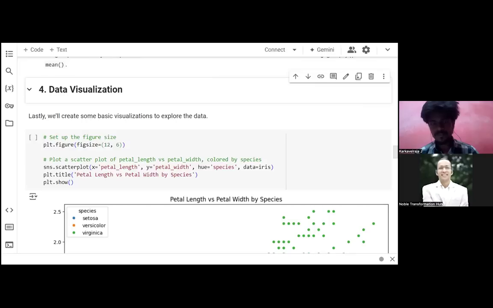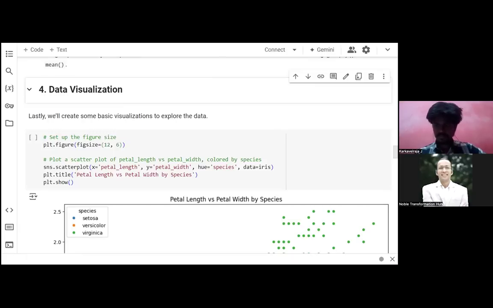Figure size equal to 12 and 6, we have given this particular function, and then for the plot we use a scatter plot, which you already know. We have discussed in the previous sessions that scatter plot is one of the ways to visualize data. Here we are plotting petal length versus petal width, colored by species. There are different colors given to different species so that we can visualize.